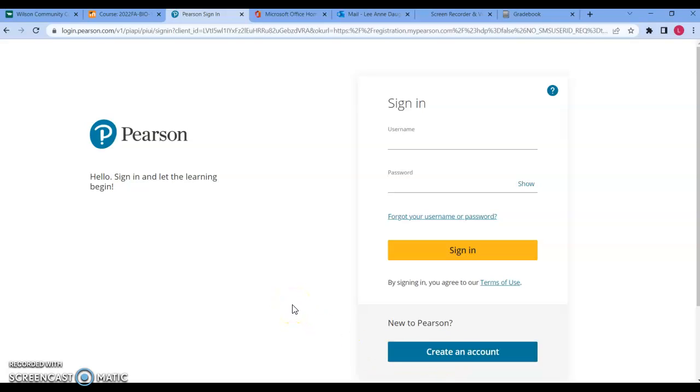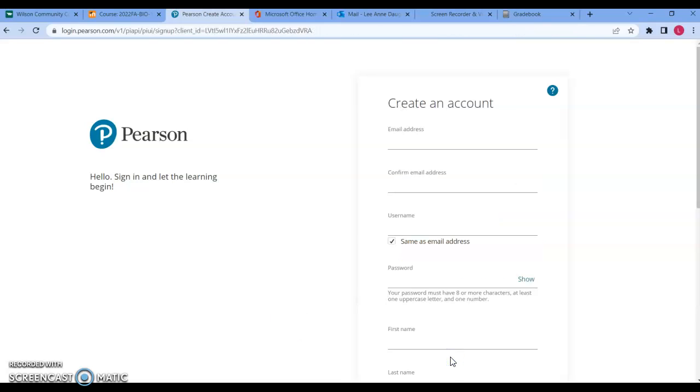by the way, if you have a Pearson account, you may have used something called like My Math Lab or My Writing Lab or My Reading Lab, or just a Pearson account from another course. But anyway, you can always create an account, and